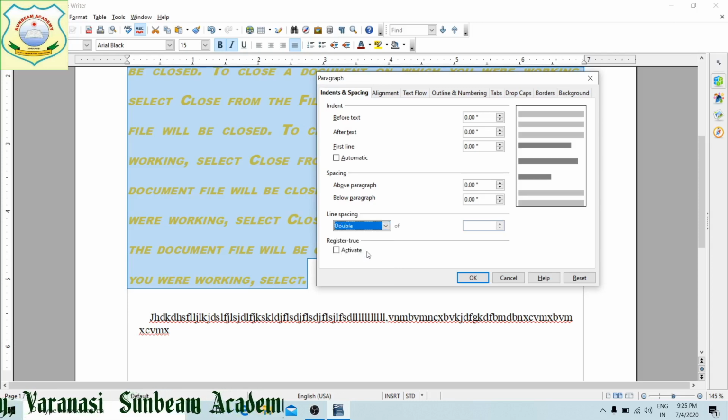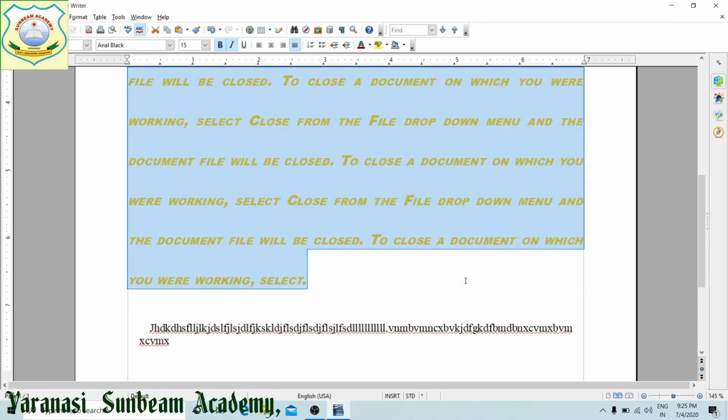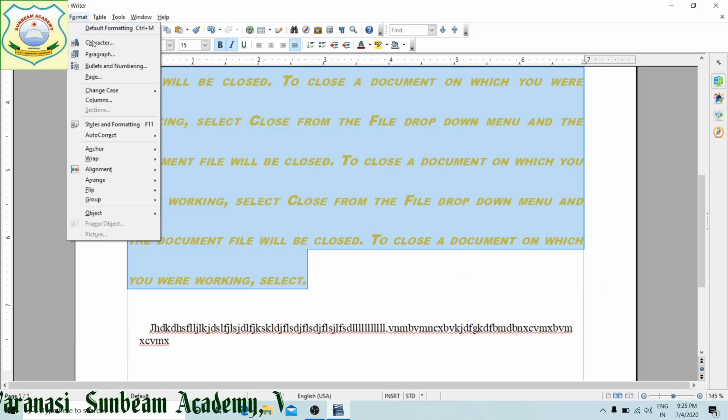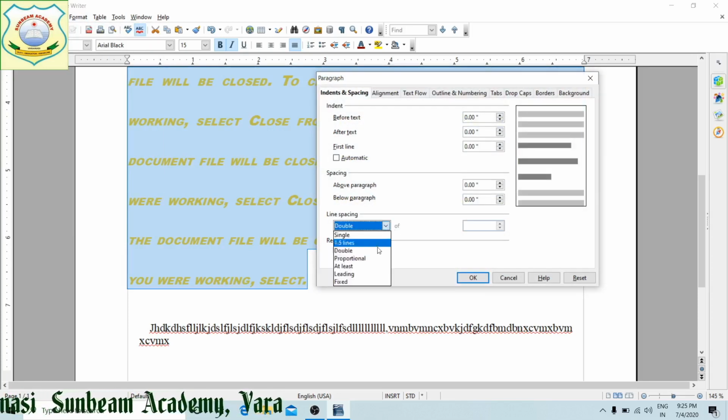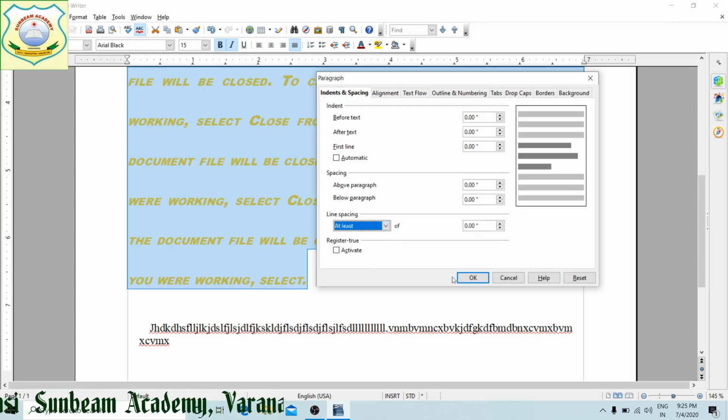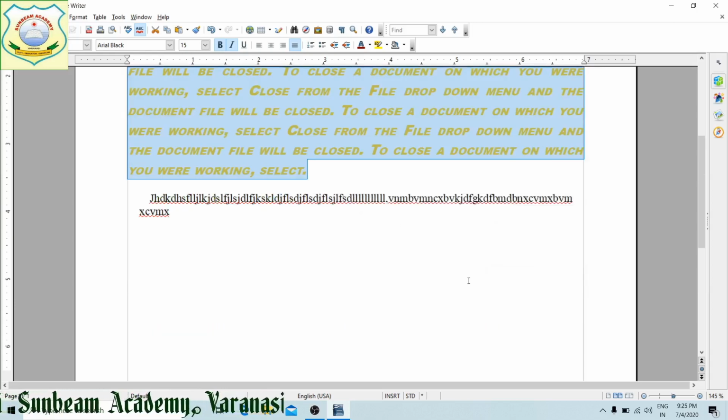Between two lines a 2 line gap will be there. You can see the difference. Next is your proportional or at least, meaning exact look or official look of the document. This is your different line spacing. You have seen single, 1.5, double, likewise.